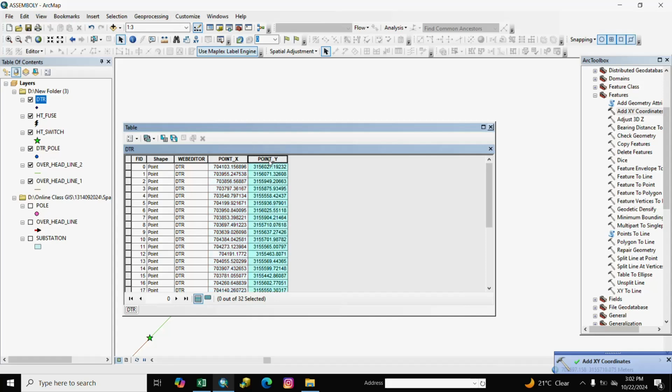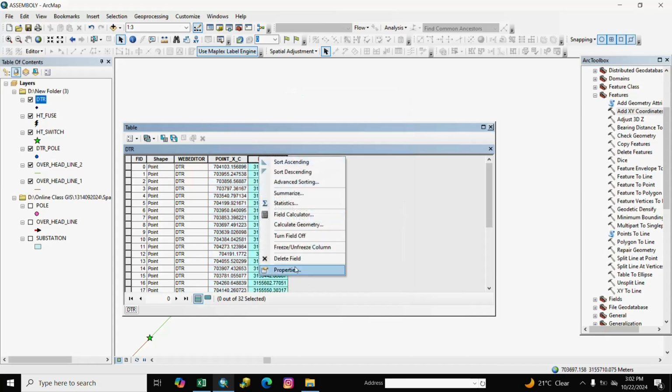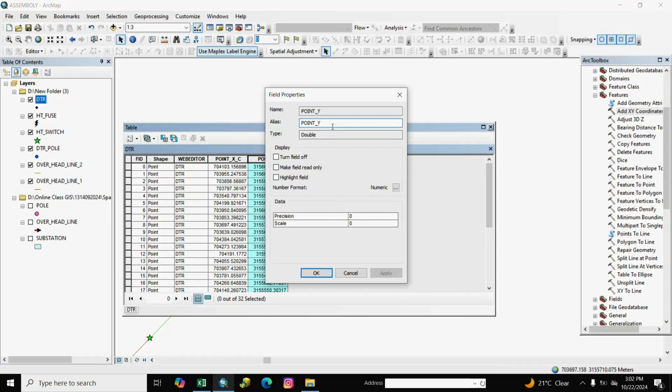Here is xy coordinate and we write here underscore C, underscore C and OK.